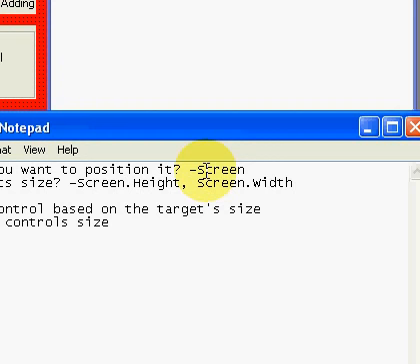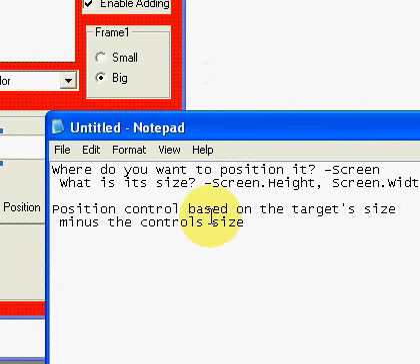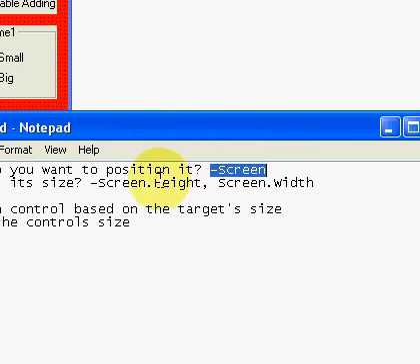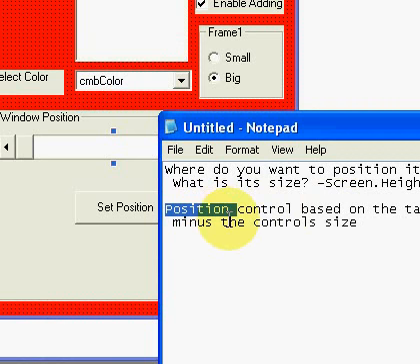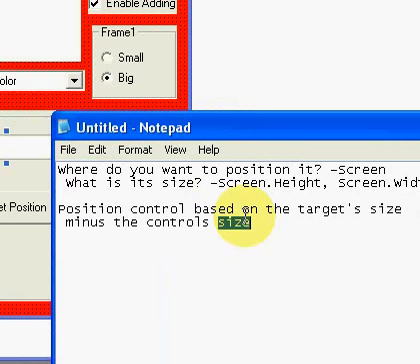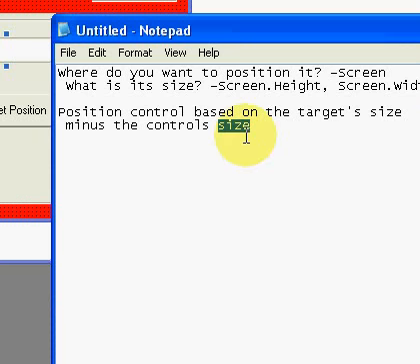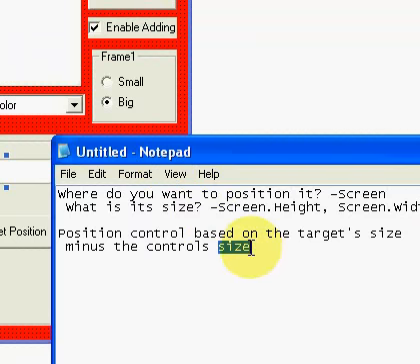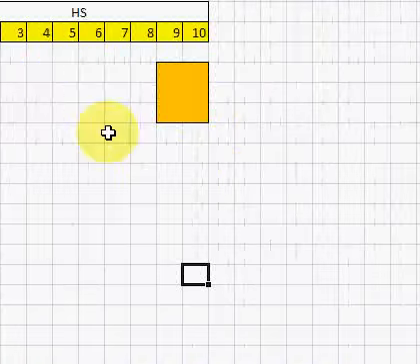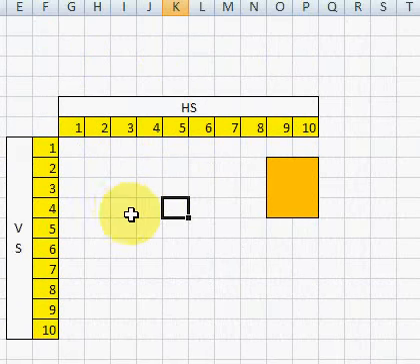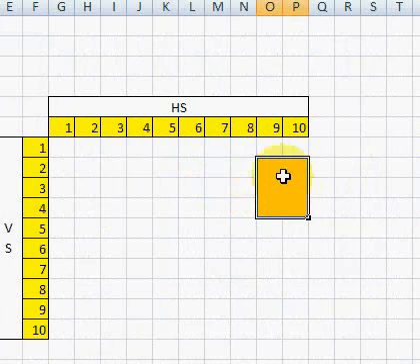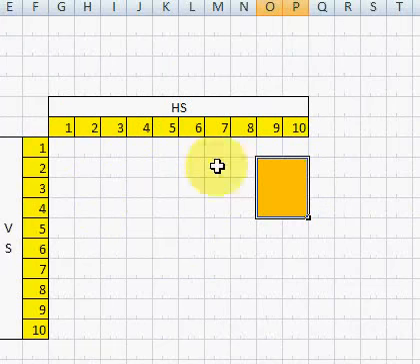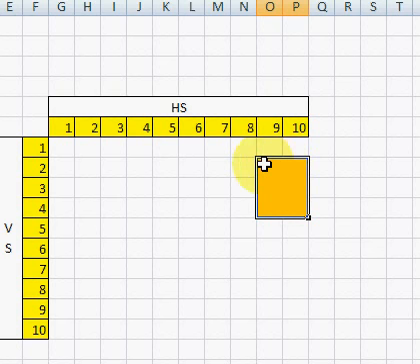And next, we have to position the control based on the target size, that is the screen's height and width, minus the control size. So for example, if you want to position the form under the screen, you can see it like this. This is your form. If you want to position it to the rightmost side of the screen, you have to minus its width, because if you do not do that,